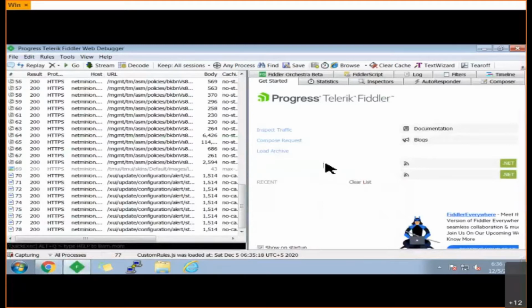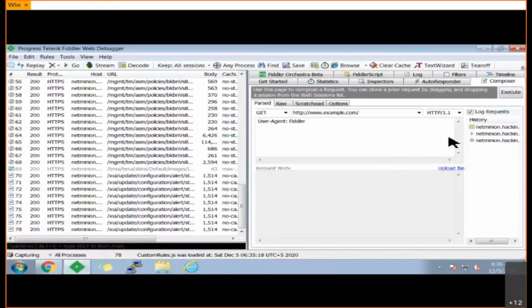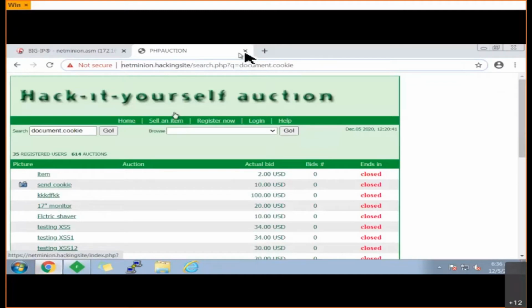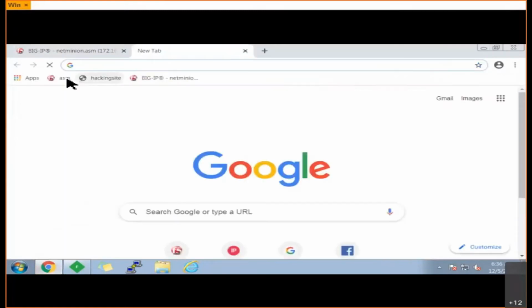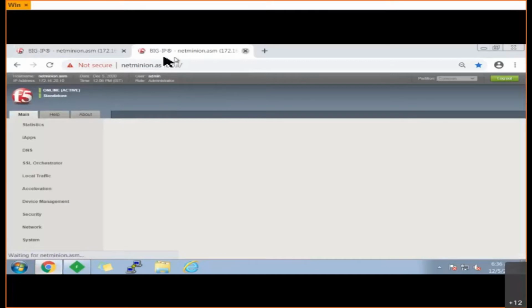Let me go to the composer. Here it is showing you that the user agent that will be used by default will be Fiddler. Now when I am opening this website through our browser,